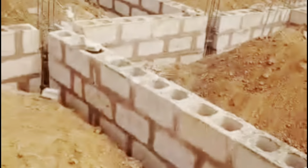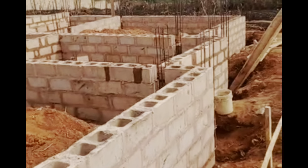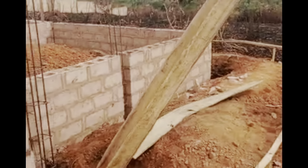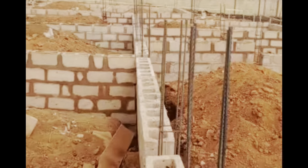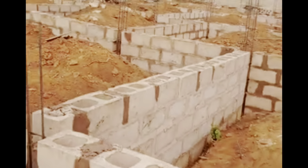That's the height of the door. So that means before we even came out of foundation, we've laid blocks that got up to the height of the lintel of most buildings. This, of course, had a high cost impact on the project in terms of the cost of the iron rods that will be used for the chaining, the cost of the concrete that will be used to cast the chaining, and of course the cost of the filling material that are going to go into that DPC to be able